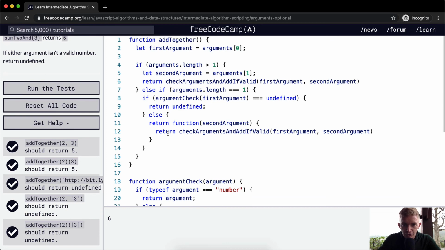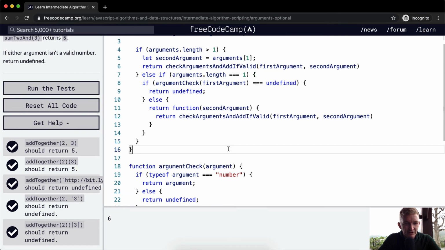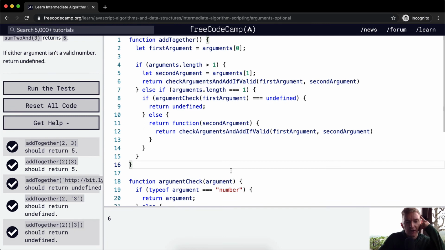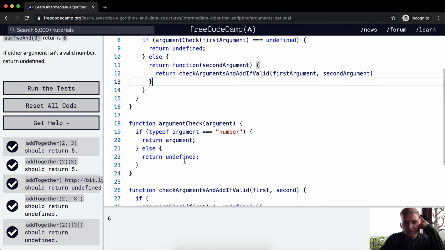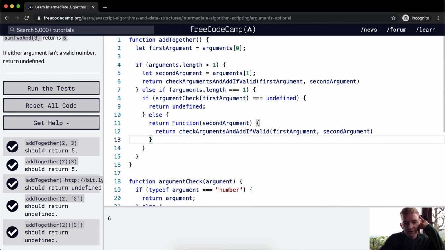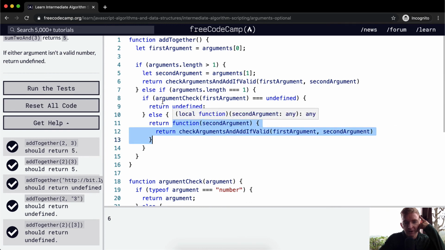Yeah, let's see. Is there anywhere else? I'm noticing that I'm defining second argument twice. There's probably a way to combine these. But you know what? I don't know that that's really necessary. But basically the main thing that's valuable with this is that you return a function if there is a statement. So if you think about it, like, how would I describe this? You're returning this function. If there's a single argument and that single argument is a number, we actually we can